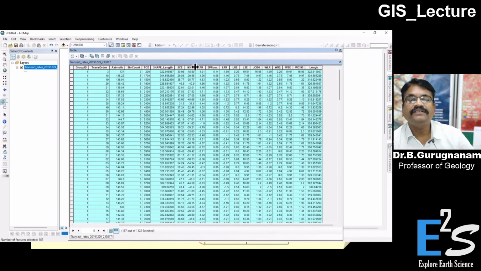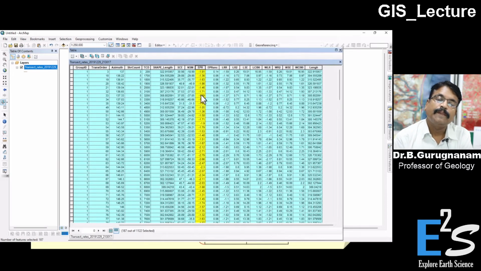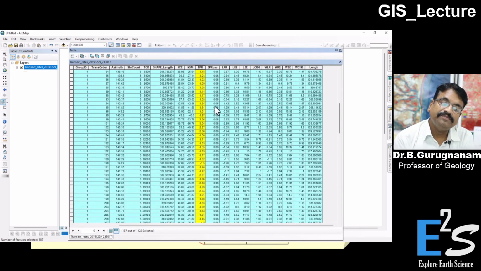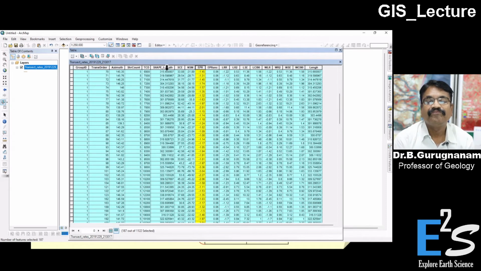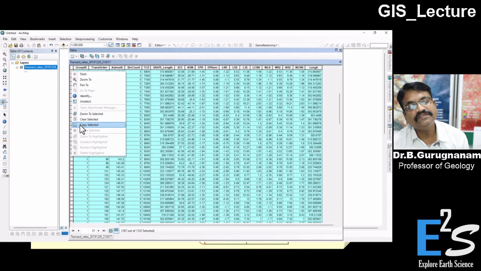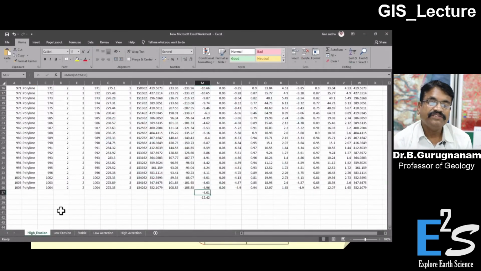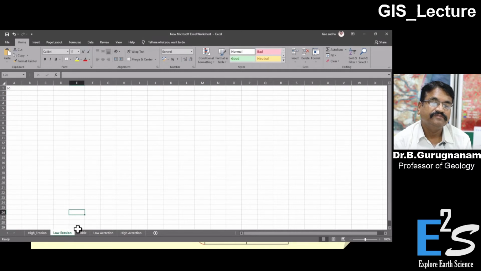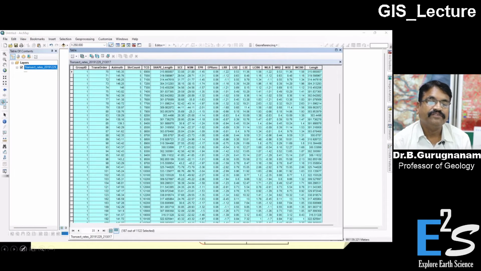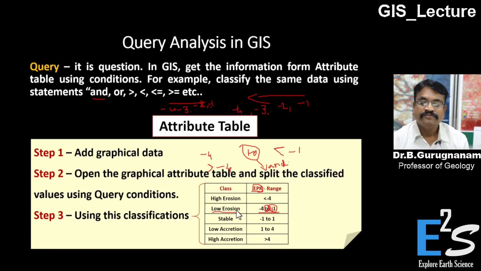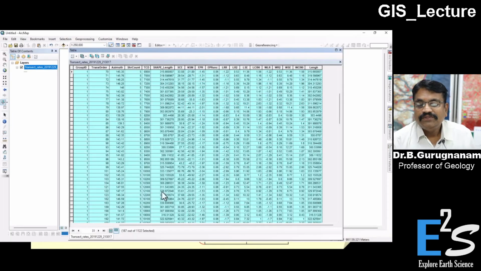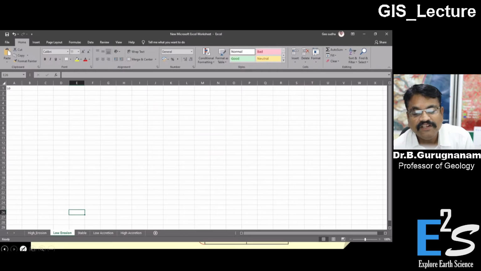Now the attributes are selected. You can look at the databases. It is between -1 to -4. That is the endpoint rate -1 to -4. And you go and copy all this and paste it and save it. Right now this is over, and similarly